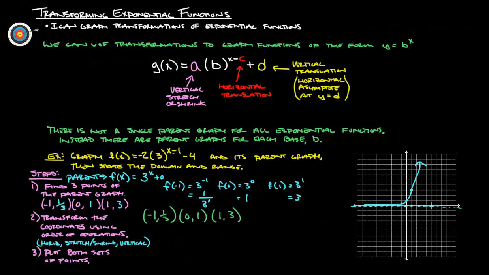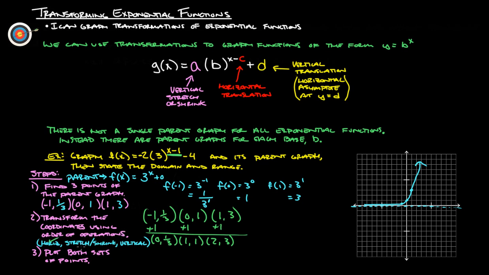Now the horizontal is with this x minus 1 right here. So notice this is an x, so what we're going to do is affect the x. So we have x minus 1. Remember, anything that's ever attached to the x, we always do the opposite, or think of what's going to make this equal to 0. So we're going to add 1 to all the x's. That gives us negative 1 and 1 is 0, and then 1/3. 0 plus 1 is 1, and 1. And then 1 plus 1 is 2, and 3. Okay, so we've done the horizontal